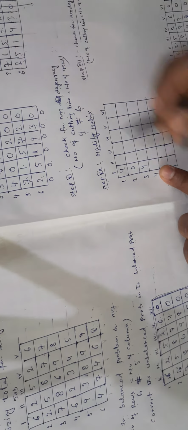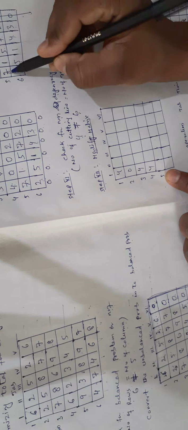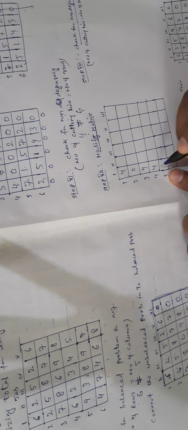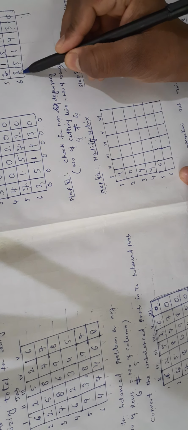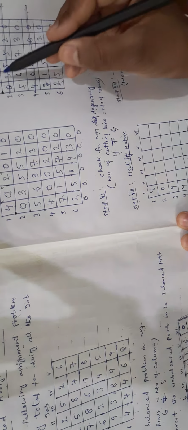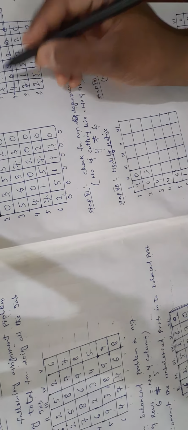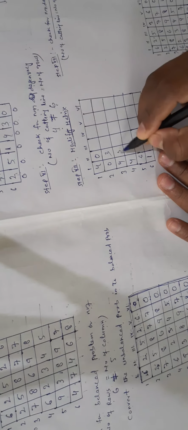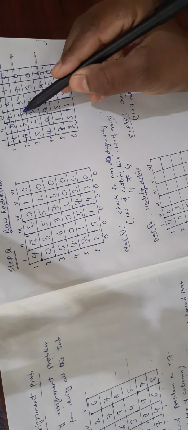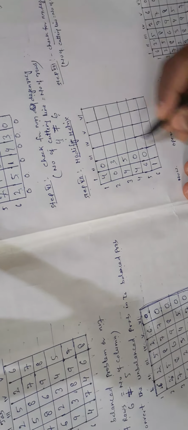And next 4, the same, already deleted this column, so this row. And here 7 is an uncut number, 7 minus 1 is 6, right here is 6. Here also an uncut number, 2 minus 1 is 1, right here is 1. Now the second column, here is 0 and here is 3. Here is an uncut number, 6 minus 1 is 5, right here is 5. Next, second column, 0, right here is 0. Here 1 minus 1 is 0. Here 5 minus 1 is 4.